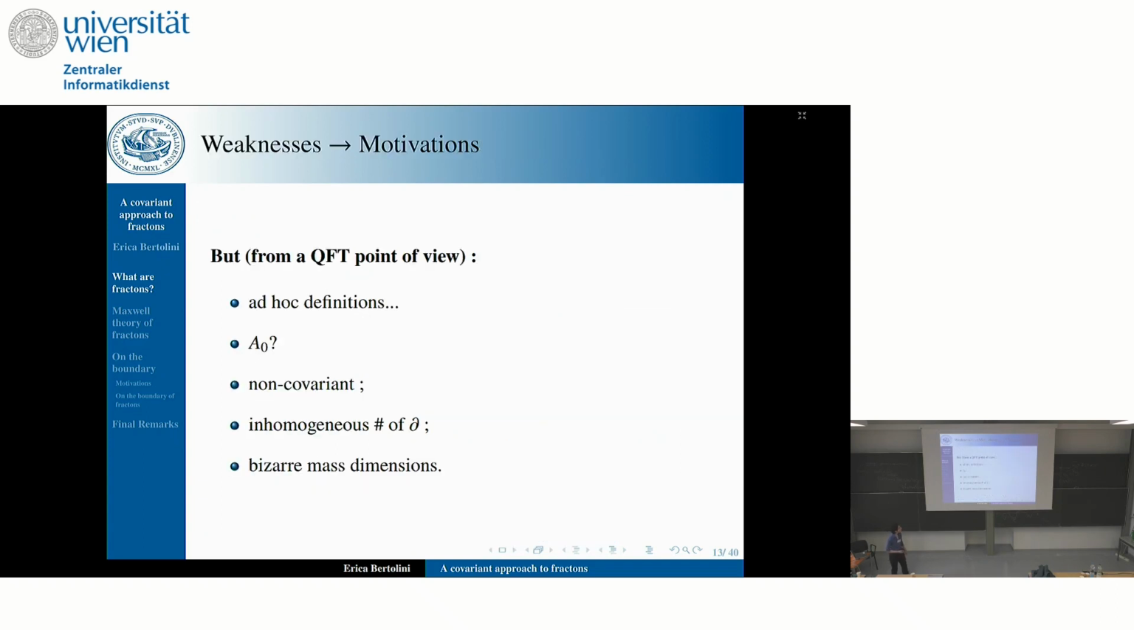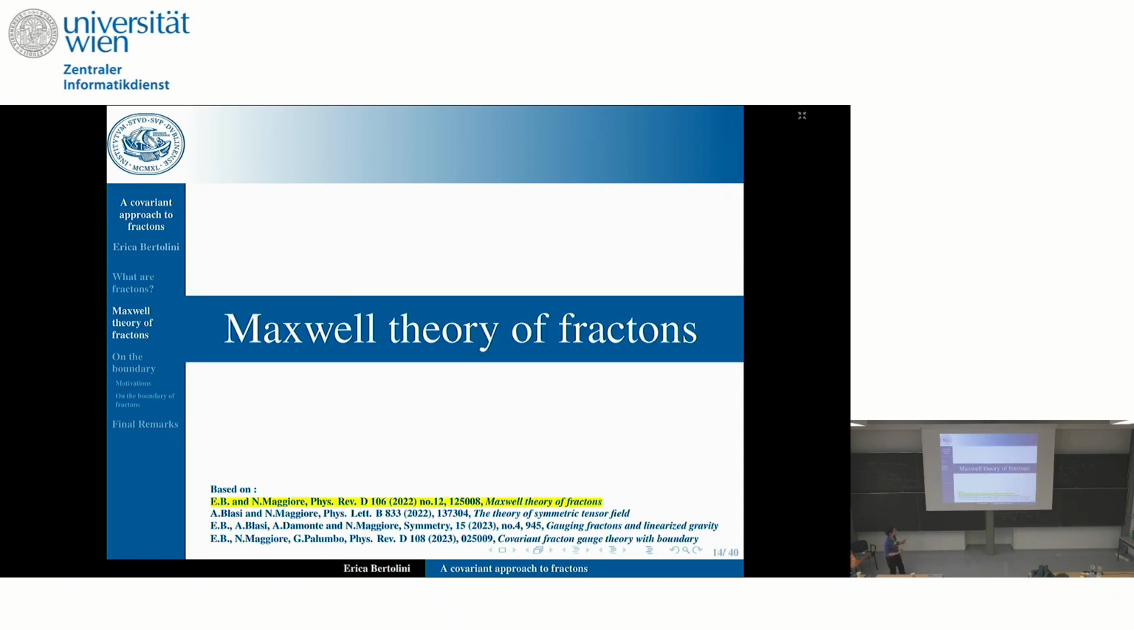However, there are some issues, some strangeness from the quantum field theoretical point of view. One needs many ingredients in the theory, some ad hoc definitions, like for instance this A0 multiplier, which is not related to the rank 2 tensor field. The theory is fully non-covariant. There are an inhomogeneous number of derivatives and some bizarre mass dimensions. So from that,